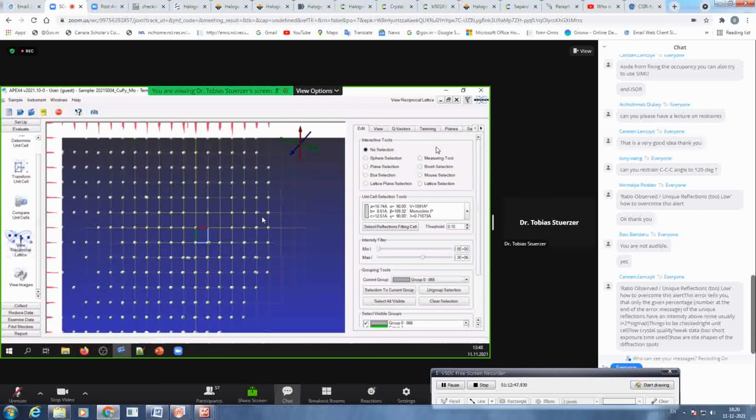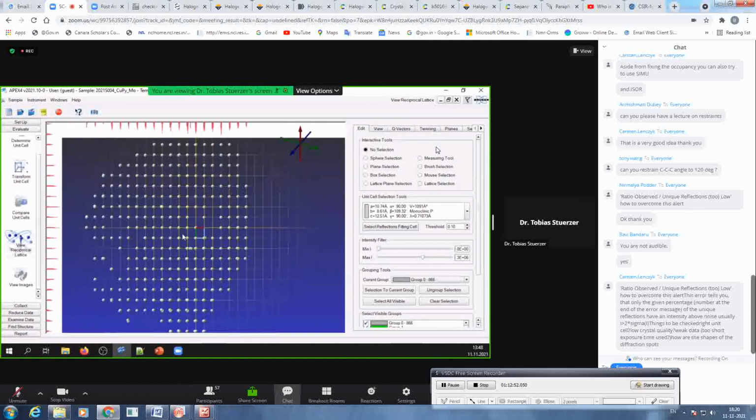So let's say you see something like this. You can orient it with F1, F2, F3. Great. This is a correct unit cell because in all directions, some are missing because they were not harvested, but there's no systematic